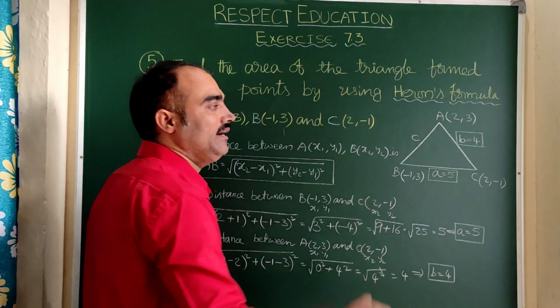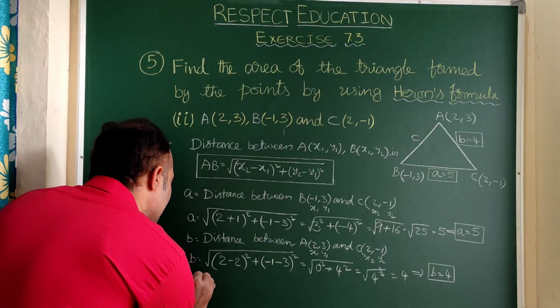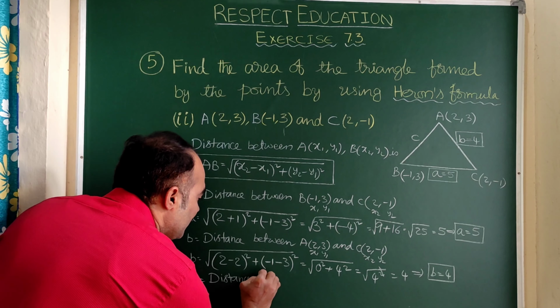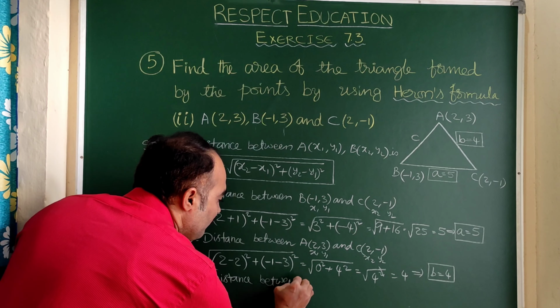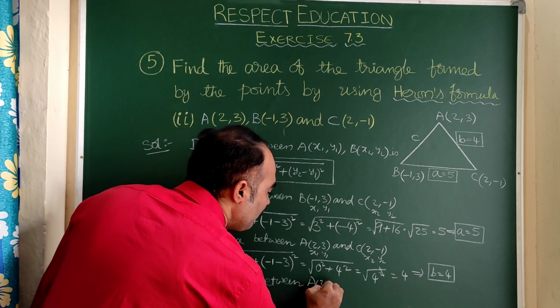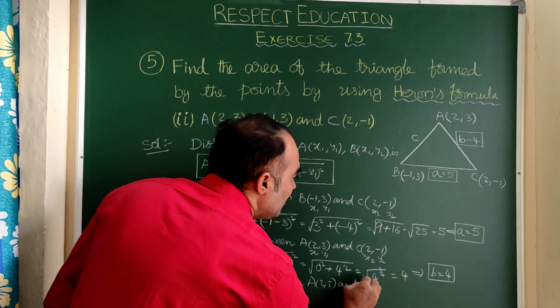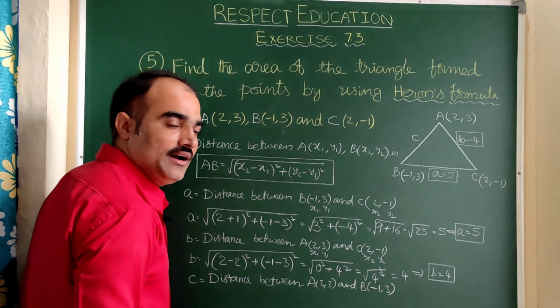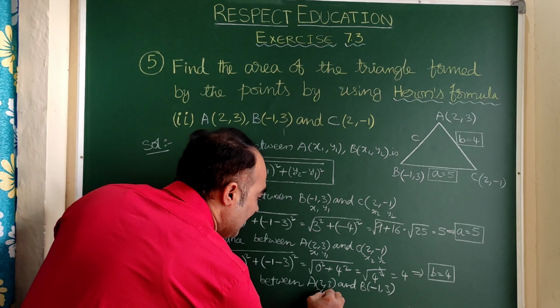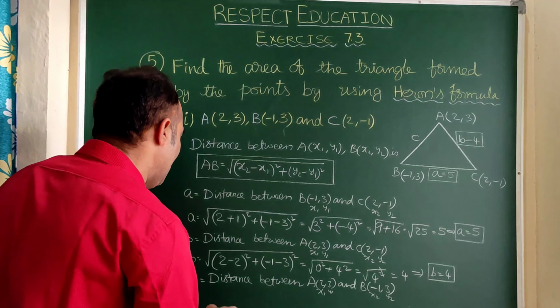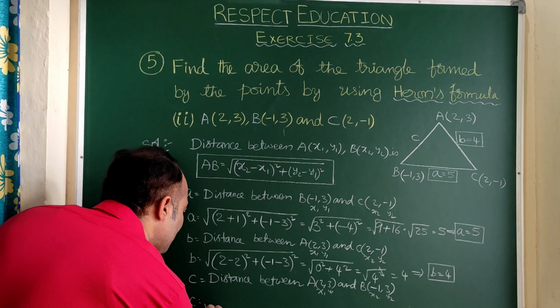Now we are going to find C. C is the distance between A(2, 3) and B(-1, 3). In this case, let us take A as (x1, y1), B as (x2, y2). Let us substitute these values. So C is equal to under root